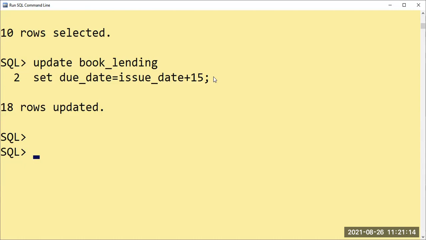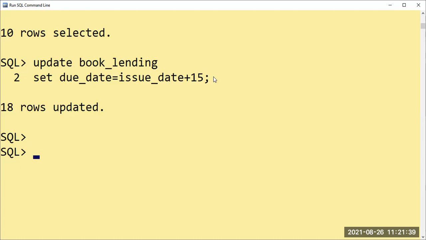In the book copies table there is a book ID, which is going to become a foreign key referencing the book table. Then branch ID, which says in which branch DBMS is there, in which branch data structure is there, and so on. Then the number of copies: 10, 20, 30.